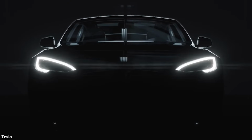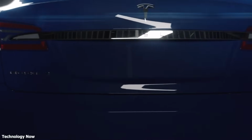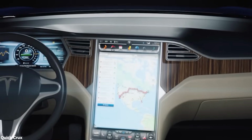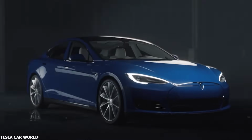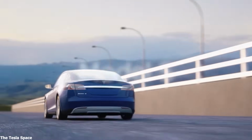We might even see fully autonomous factory logistics, where vehicles and parts move seamlessly without human intervention. The Cybertunnel isn't just about moving Cybertrucks. It's about redefining how cars are made, shipped, and delivered. As Tesla continues to push boundaries, this underground transport system could become one of its most significant innovations yet. And if that happens, we may one day look back and realize that the future of vehicle manufacturing was always